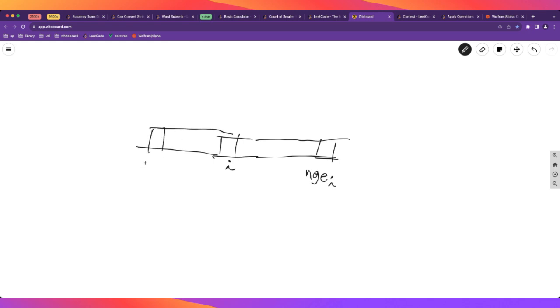So here we are considering the ith element in the array, and we have this NGE of I, let's say here, and we have this, well, sorry for the drawing, the PGE of I right here, and this defines a subarray,